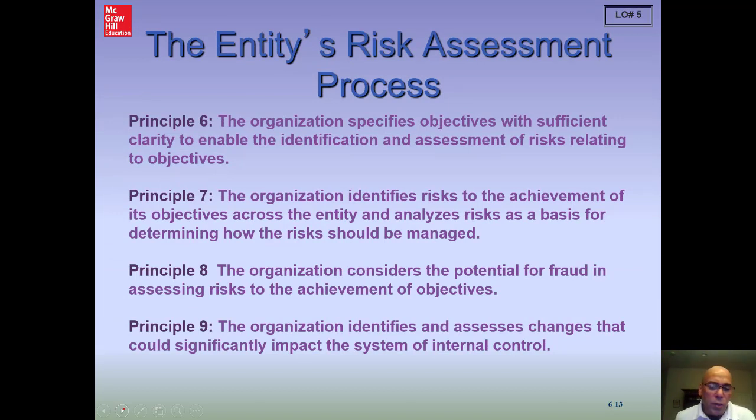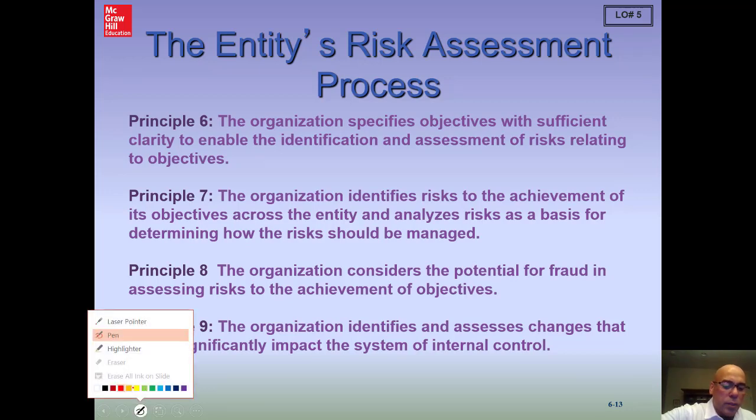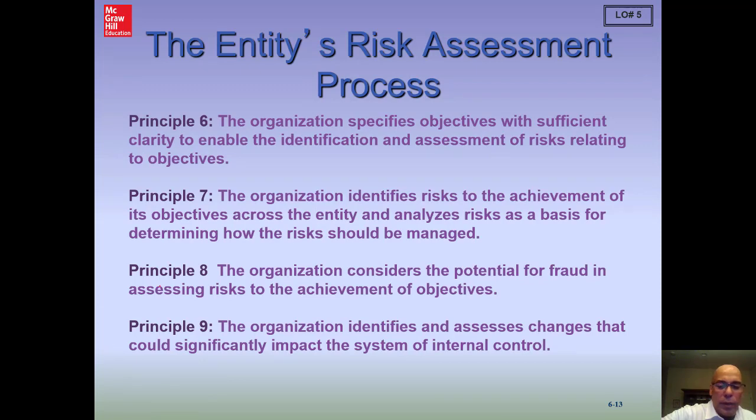And of course, in that risk assessment process, just like the auditor considers the risk of material misstatement, whether caused by error or fraud, the organization needs to consider the potential for fraud affecting their ability to achieve their objectives, primarily financial reporting. But of course, misappropriation of assets is one of the types of fraud risk that we could be concerned about. We would also be looking for internal controls that help protect assets from misappropriation, right?